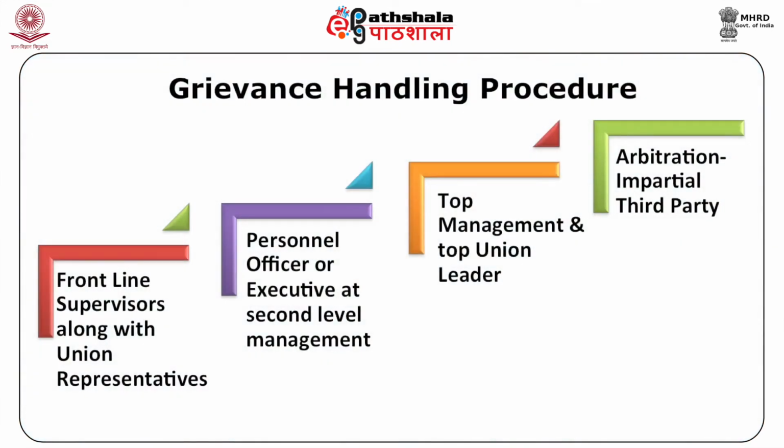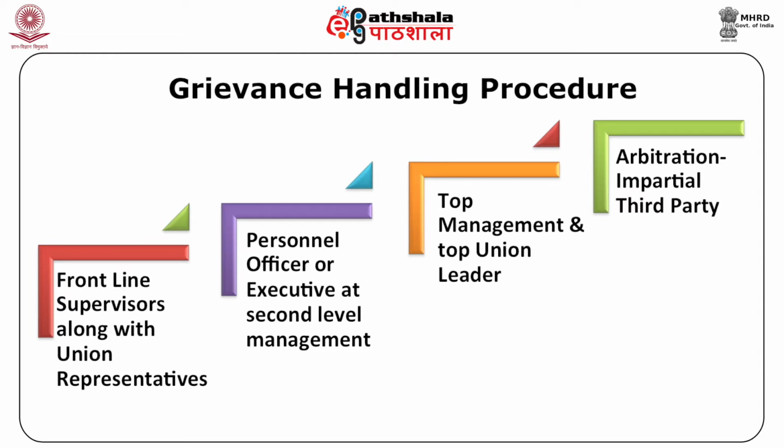Depending upon the size of the organization, the grievance procedure may comprise of 2 steps or maybe more. Grievance handling procedure is a formal process of settling grievances, and it usually consists of a number of steps arranged in a hierarchy. In a typical grievance procedure, the employee grievances are first handled by frontline supervisors along with the union representatives, if union is there in the organization. If they are not able to handle it due to any reason, maybe due to incompetence or the matter is beyond the authority to do so, then the second level is the middle level management.